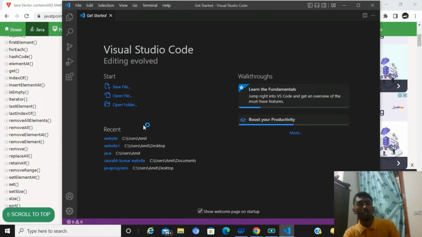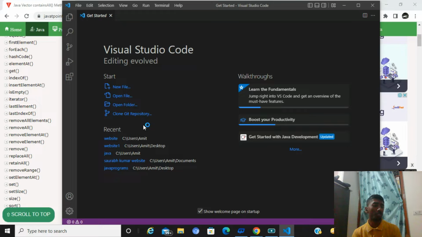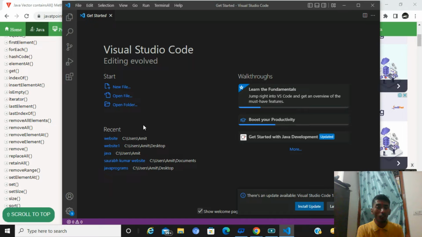You can create in your existing file, but I would like to say that creating a new file is better than creating a program in an existing file. Sorry, I interchanged the words. I mean that creating a new file is better than creating a program in an existing file,